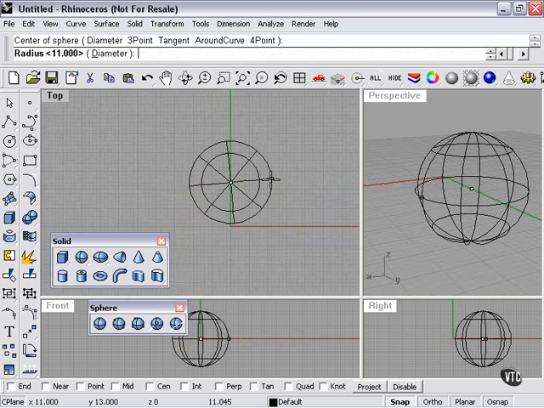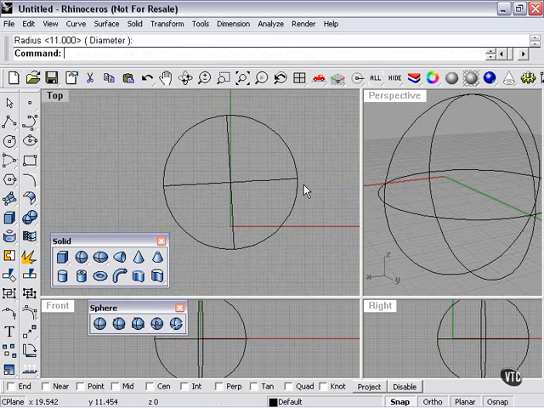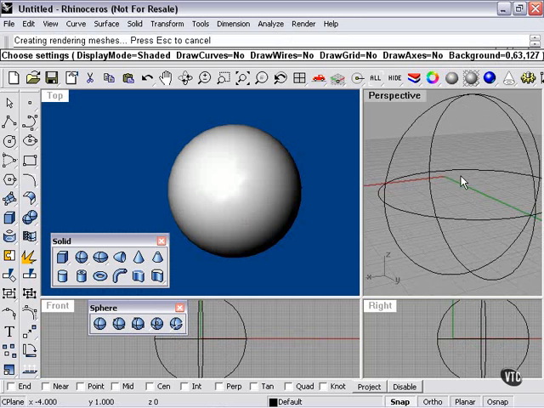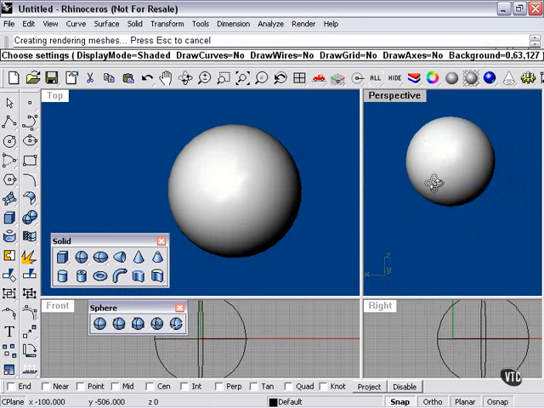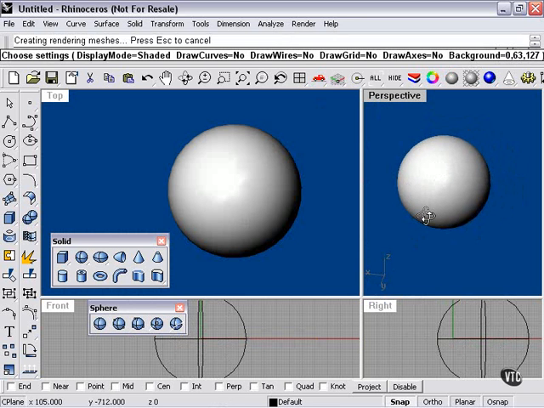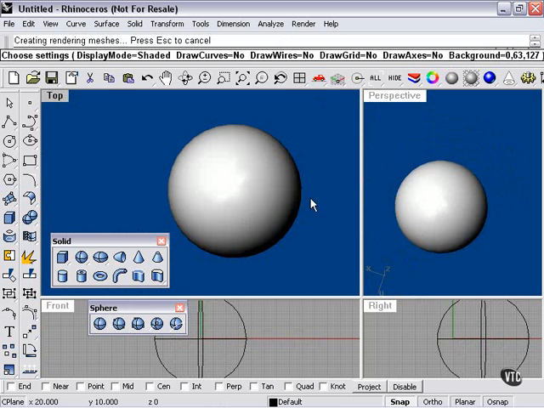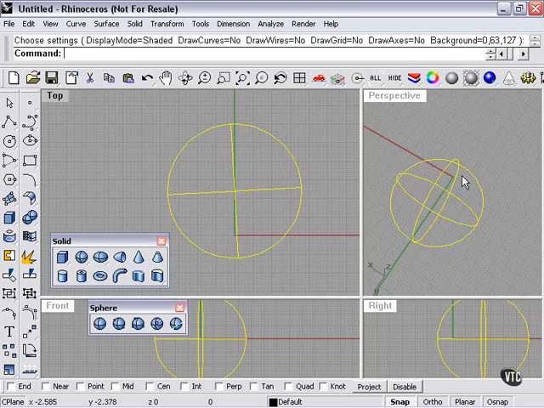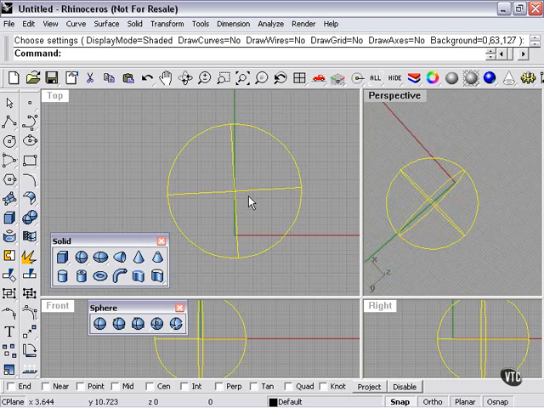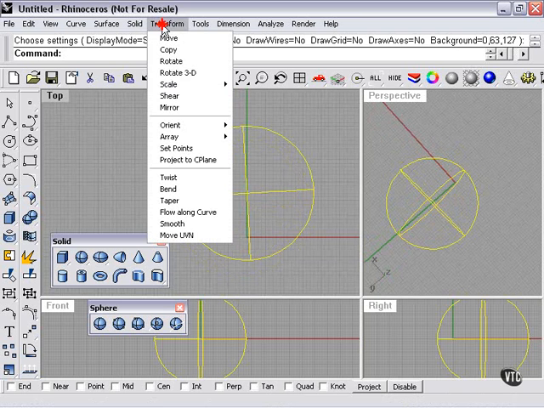Again, one of the neat things about a sphere is it is a simple enclosed shape that has the appearance of more solidness to it than a regular surface. In other words, it's completely enclosed. It doesn't strike you as hollow. It seems solid, yet it is actually made up by one surface. If I were to cut it open, you would see that it is hollow. Because it's not a poly surface,